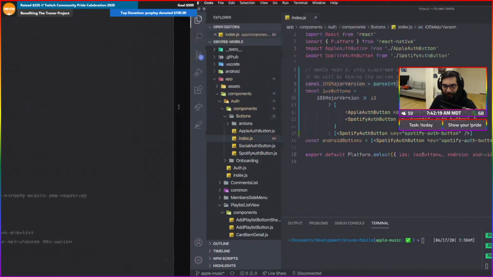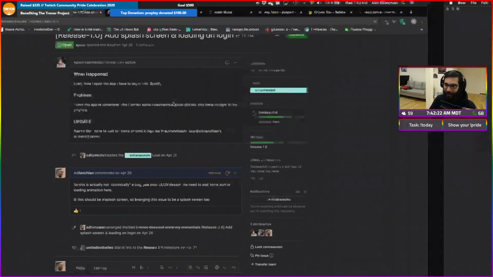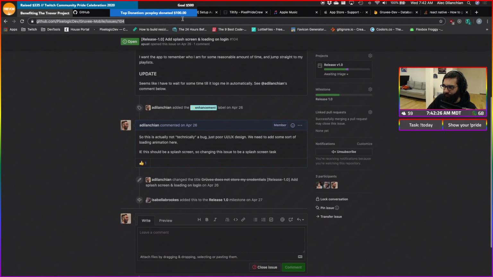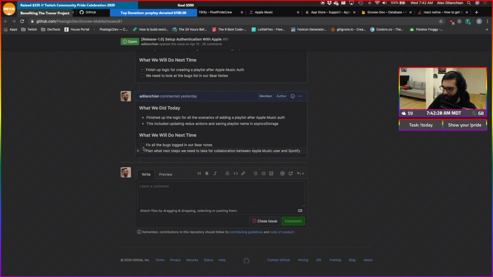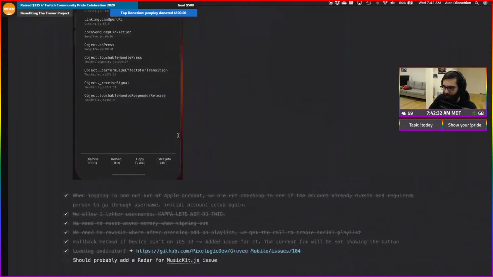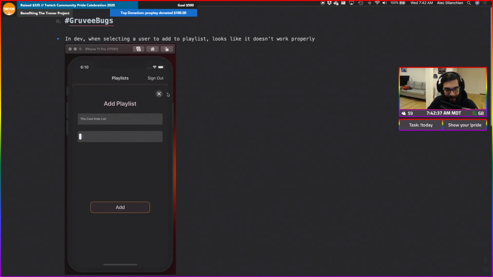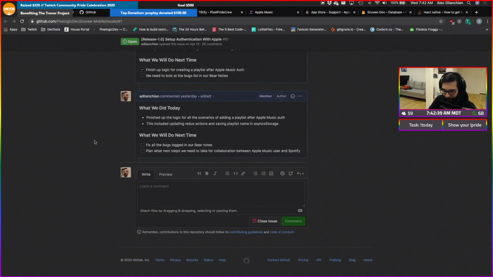So while that stuff is being downloaded, we can talk about what our next step is in regards to Groovy features and what's coming next. Oh, we didn't fix all the bugs. We actually have these ones. These were ones that didn't have to do with Apple authentication, but we should probably check them out anyways.